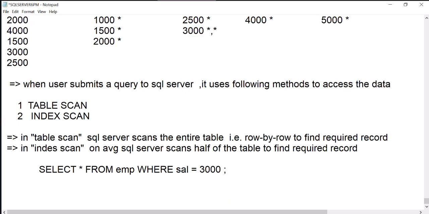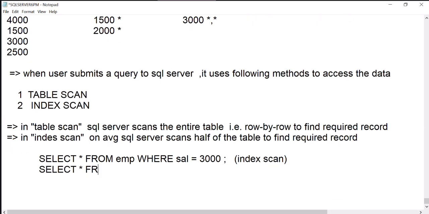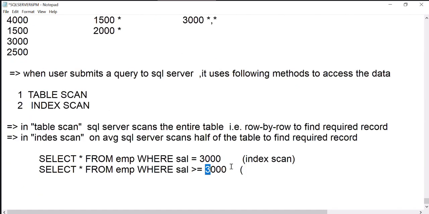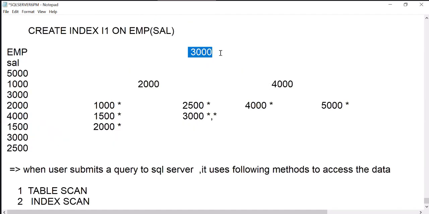Okay, then for this query, what will it use? Index, because the index is available. Suppose my query is this: select star from EMP where salary greater than or equal to 3000. Then tell me what. You're asking for salary greater than or equal to 3000. What is the given value? 3000. 3000 is compared with 3000. Then go to